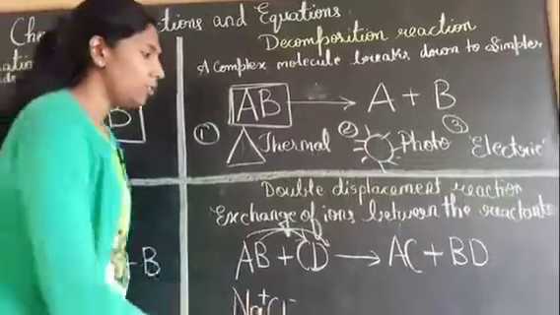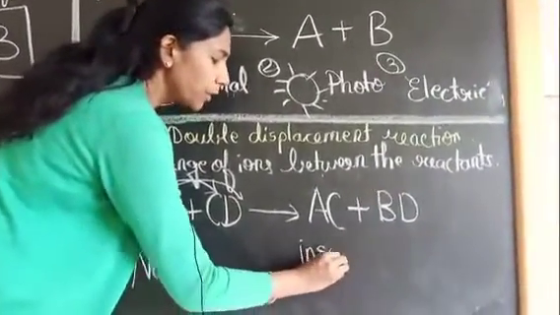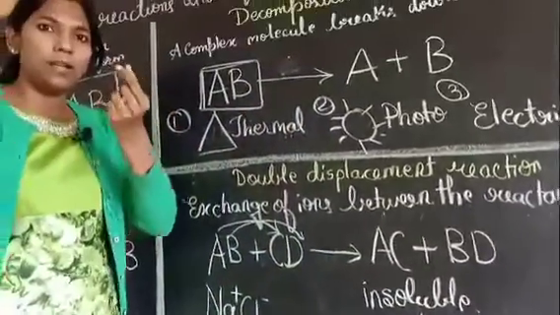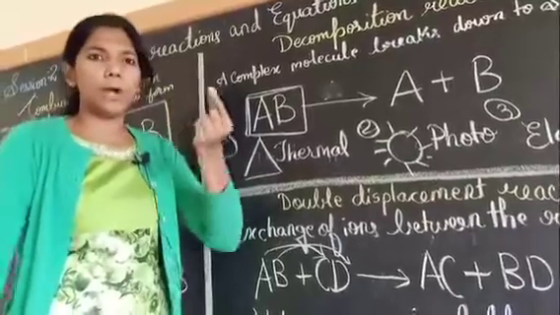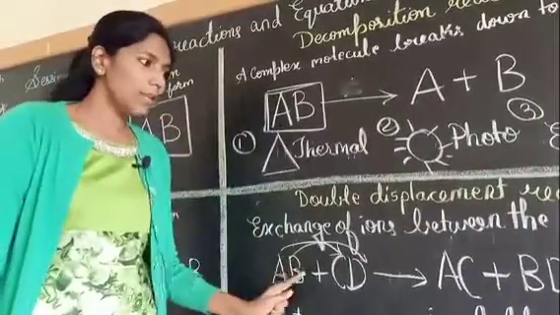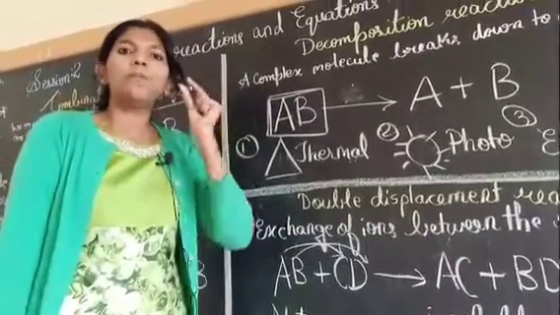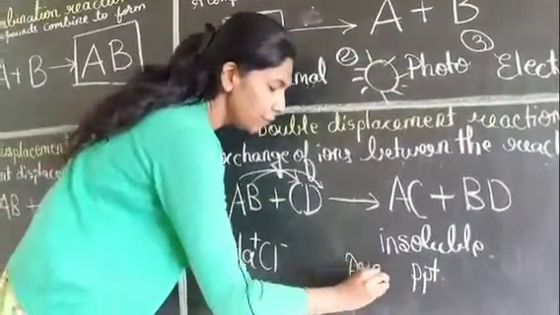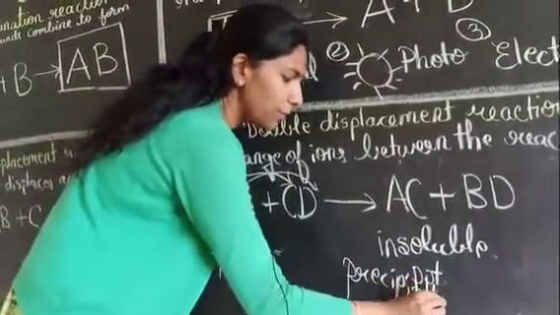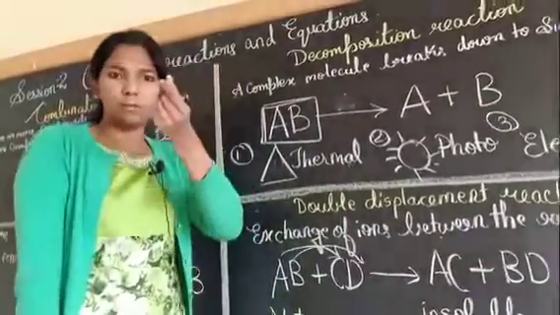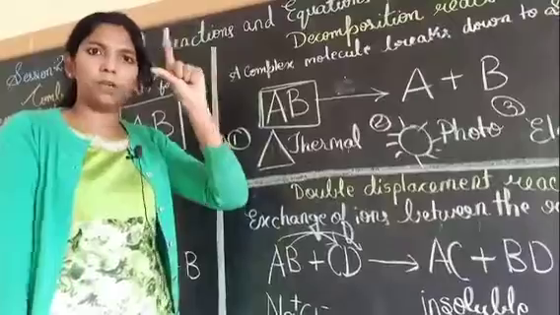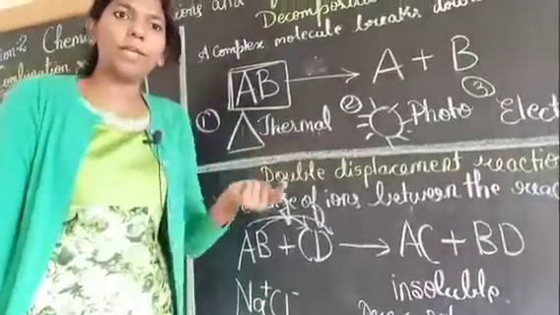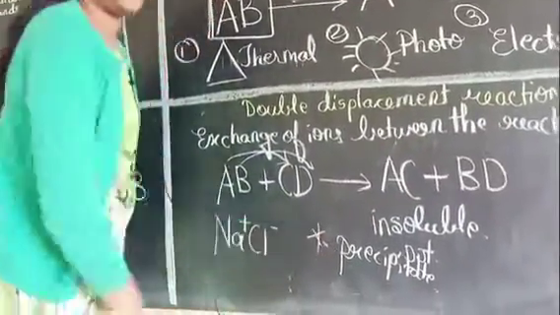Mainly in this type of reaction, you are going to find an insoluble PPT. PPT is nothing but the precipitate, whitish, colorful, or any color. When this kind of reaction takes place and an insoluble PPT or curdy substance is formed, that precipitate is an insoluble substance which does not get mixed up into the liquid. That type of reaction where a precipitate is formed is known as a precipitation reaction.